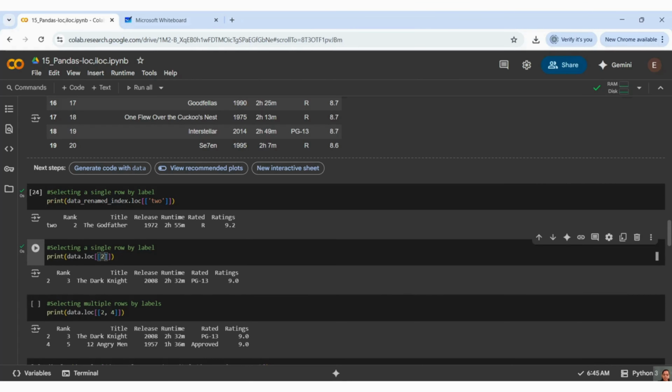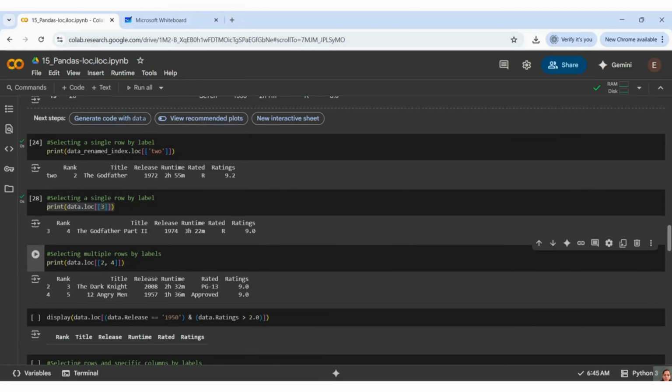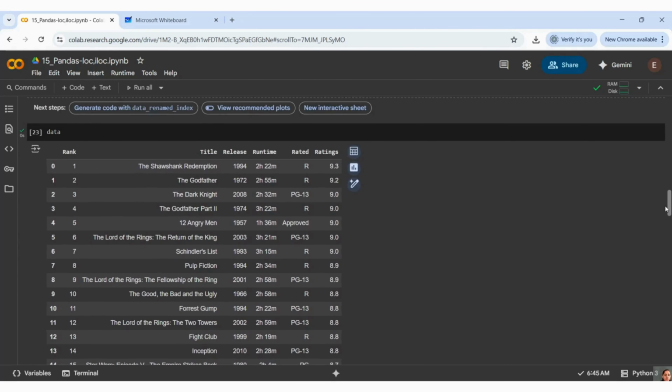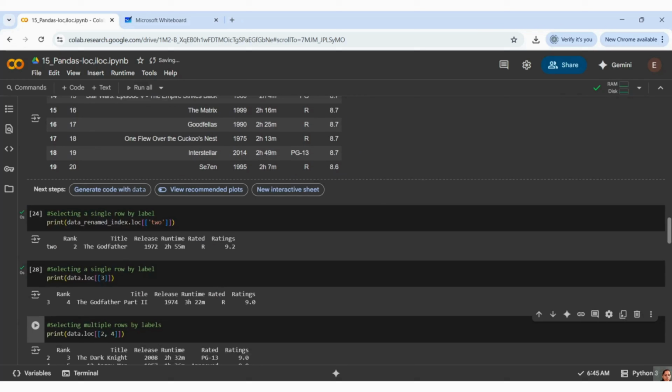However, I have to take it here 3 because... yeah. So yeah, you can see I'm getting the same output here and here, whatever is present, right? Okay, index 2. My bad, guys. I need to take index 2 to get it.